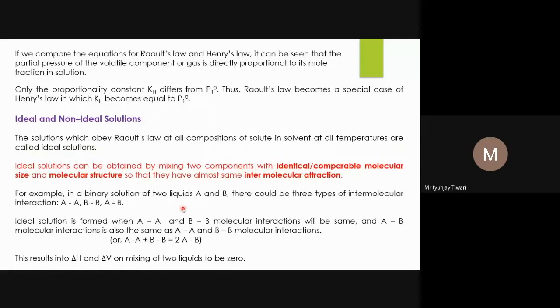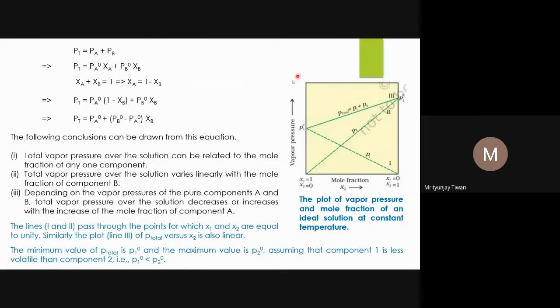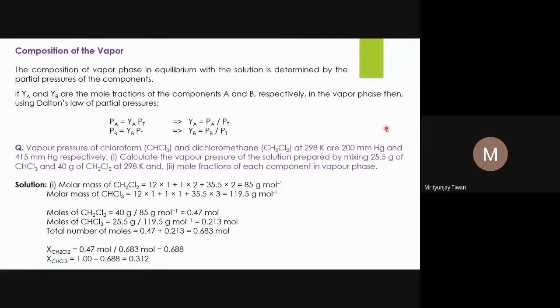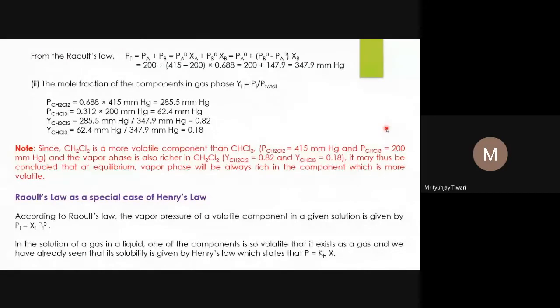Anyway, let us come back to the ideal and non-ideal solutions. So ideal solutions, what we have seen, means the solution of two volatile liquids that follows Raoult's law. When it follows the graph that we have seen just now, if we see any deviation, whether the total pressure is equal to P1 plus P2 from Dalton's law, we can find out. If the total pressure deviates, suppose any kind of deviation here or there, it goes from below this straight line, then we say this solution deviates from the ideal.